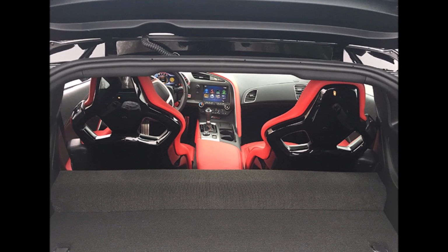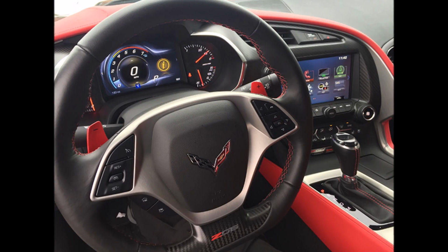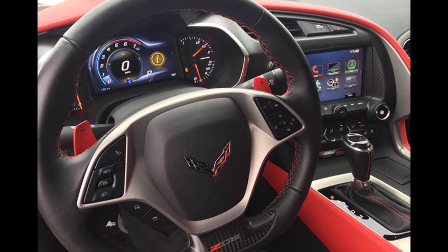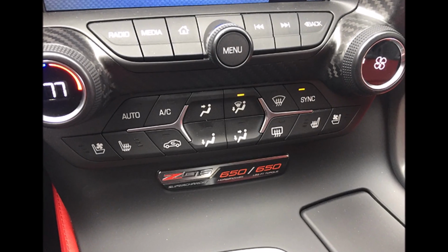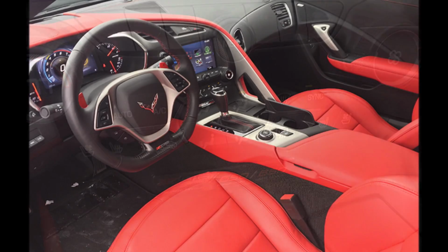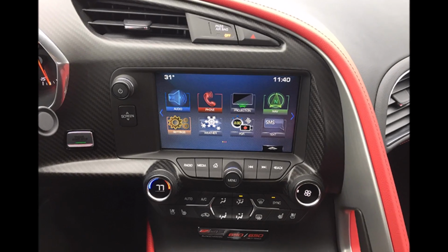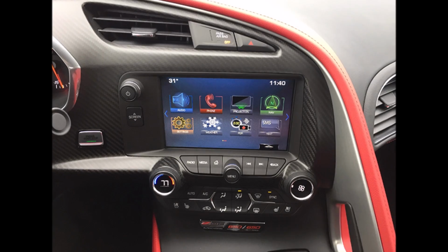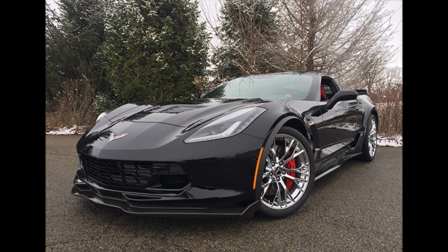Yes, folks, this is a 2019 Z06 Coupe. It's a 2LZ, so you get head-up display, of course, as standard on Z06, magnetic ride control, which is enhanced for 2019, performance exhaust, but you're going to pick up the memory package, the heated seats, the vented seats, the front parking cameras. This car's equipped with navigation, with the PDR recording camera, chrome wheels, automatic transmission, carbon fiber interior trim, exposed carbon fiber ground effects, and we mentioned all-season tires,